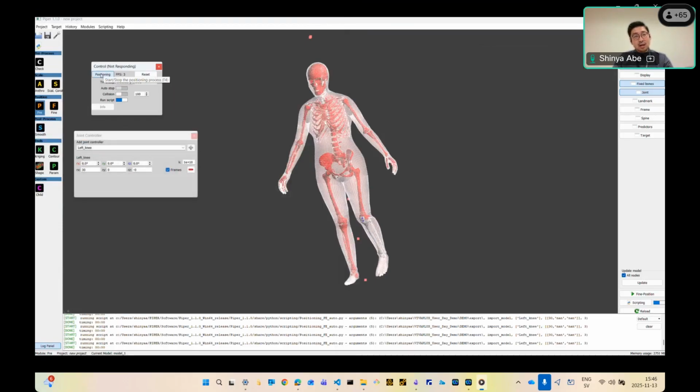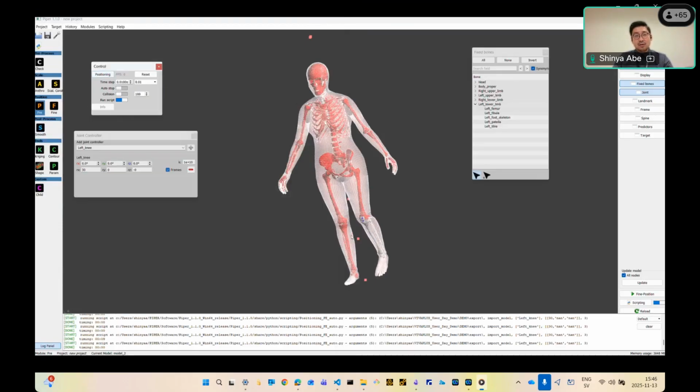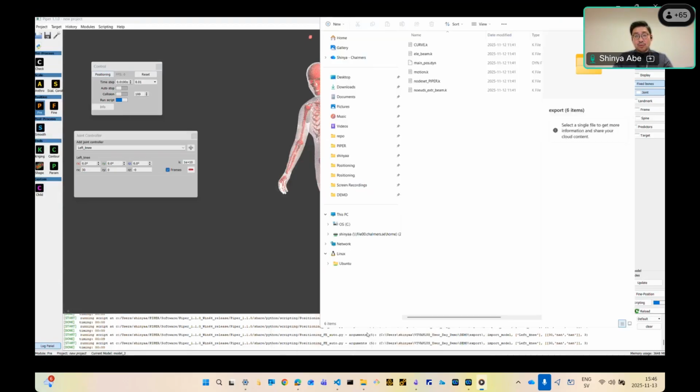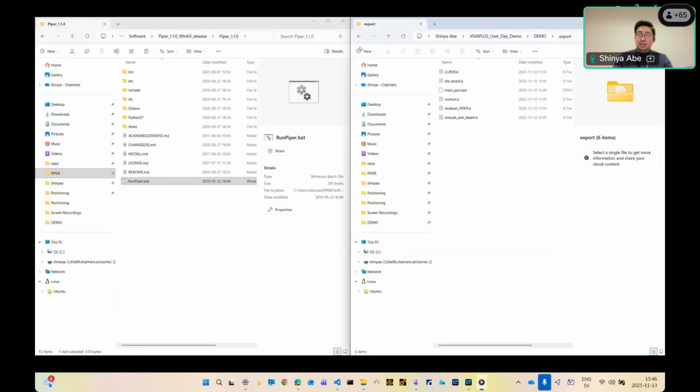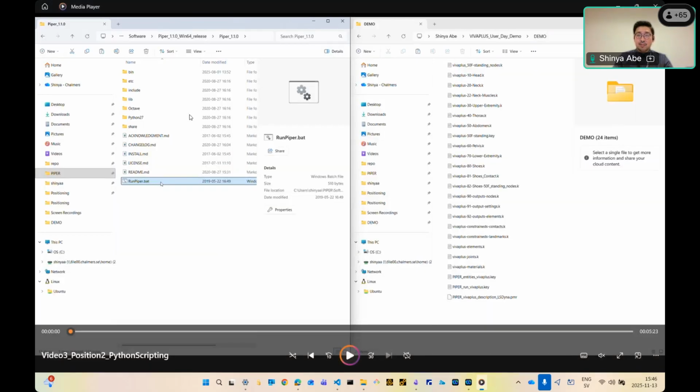And now you can deactivate. And if you go back to the export folder, you should see the positioning finite element input deck is there, which is created by Piper. And that's about the second